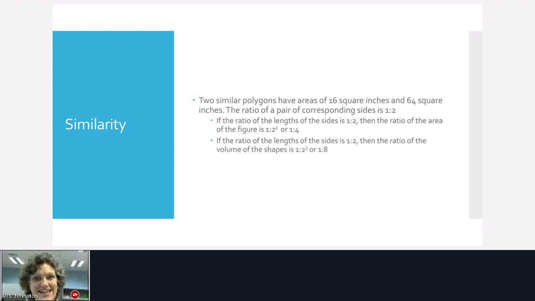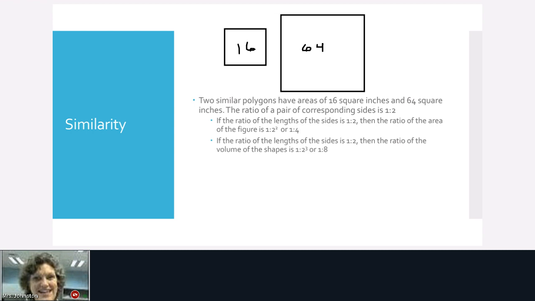Okay, let's draw it out. We don't know what the shape is, but it says they're similar. And these are both perfect squares, so I'm just going to imagine that they might be squares. There's a small one and a much larger one. Okay. The ratio of the pair of corresponding sides is 1:2. So whatever the length of this side is, say it's, well, we know it's going to be 4, then this one would be